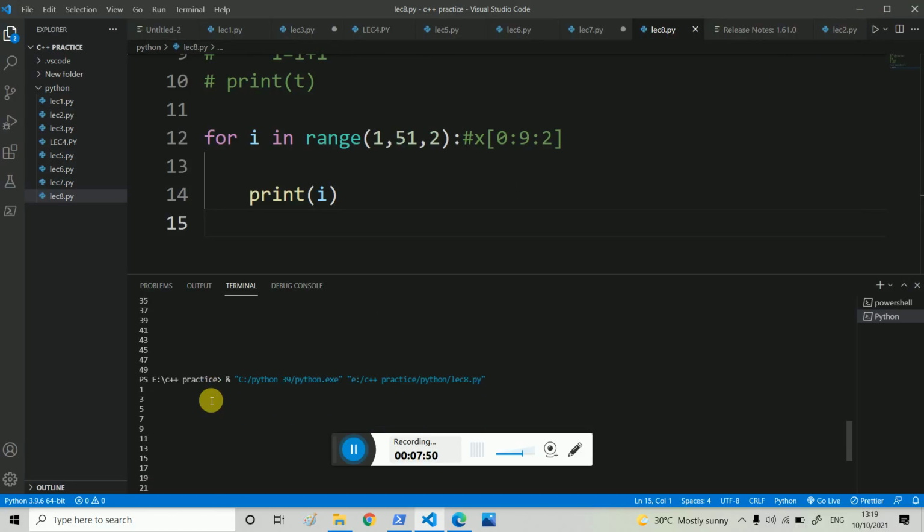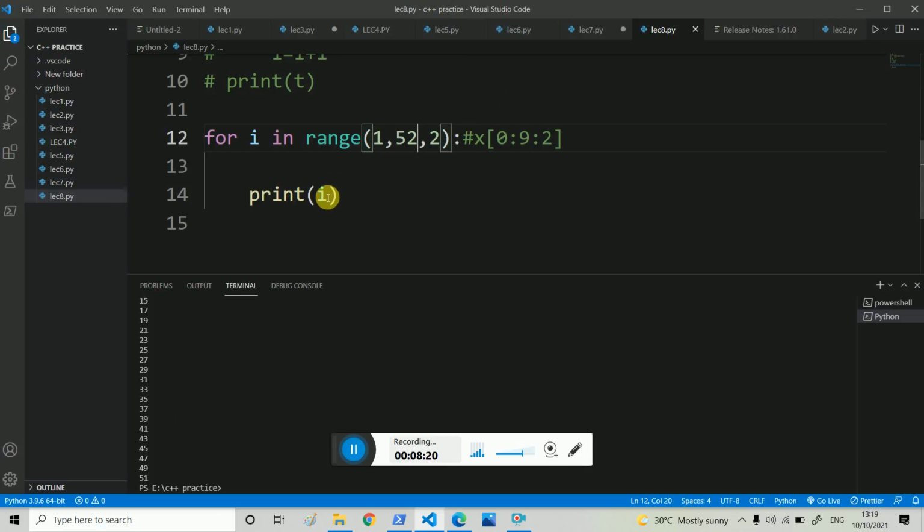Yeah, so now it prints i with a step of 2, and we got 3, 5, 7, 9, 11, 13 in this way. Here 49 is the last because 51 is excluded. If I write 52 here, I get 51 also, because 51 is included in that. So this is the answer we get.